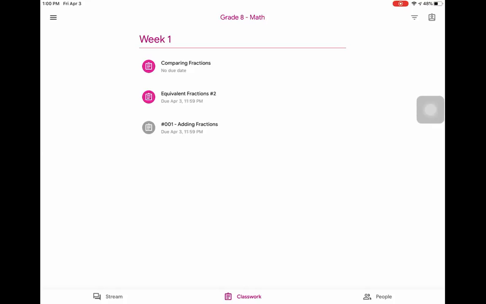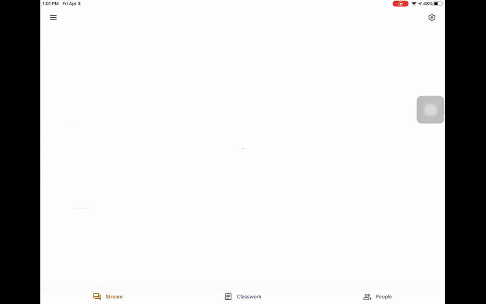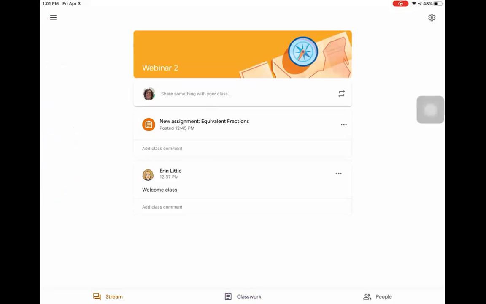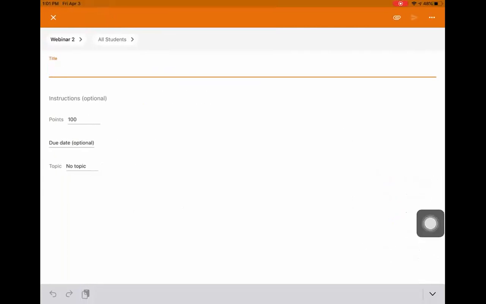Okay. Aileen, for the making of the assignment with the iPad view, a little paperclip and airplane. Thank you. Yes. Okay, so I'm going to go back as a teacher then. So if I go into classwork and I want to create an assignment, press the plus sign, assignment, and I'm going to type,